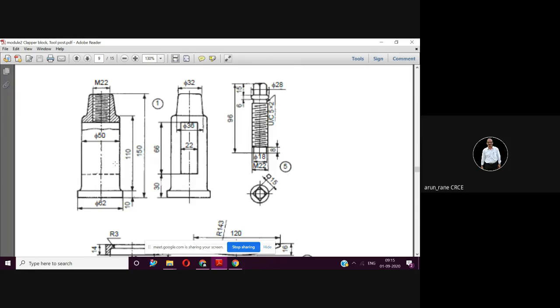In the extrude command, how will you do it? You will draw the circle for this, that is 62 for the circle. Then you will draw the circle for this, that is 50. Then 36. Then 32, and then you go on extruding. This is a taper, which you will do by the chamfering method. And once you have extruded all this, that is from 0 to 10, then from 10 to 110, then 110 to 150, then you do this slot by selecting the exit plane.